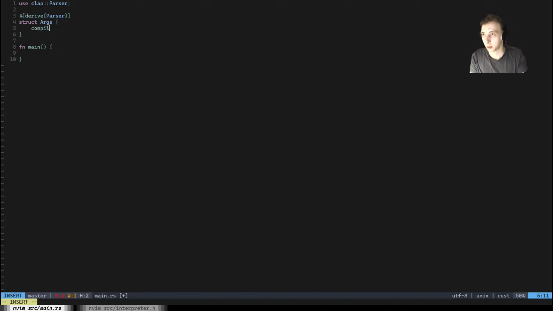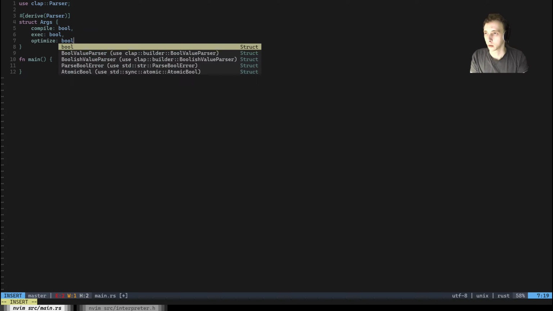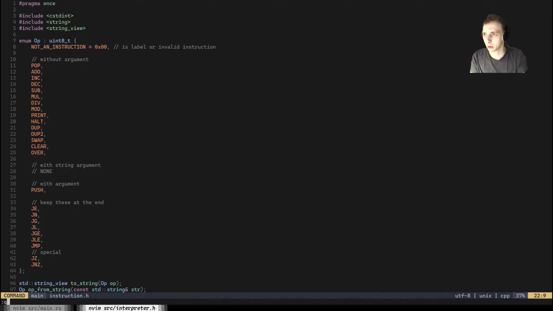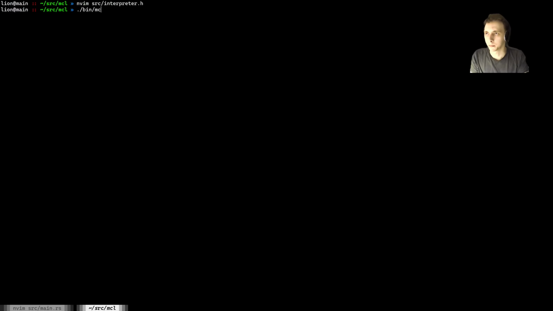So we're gonna have compile, exec, is optimize, I think, and there is decompile, right? It can also decompile code. Let's show that actually really quick. So MCL decompile